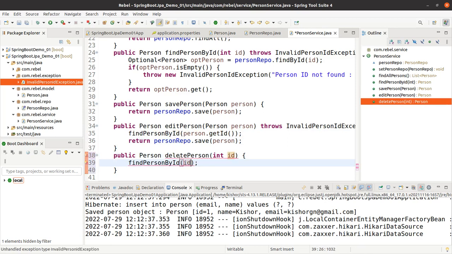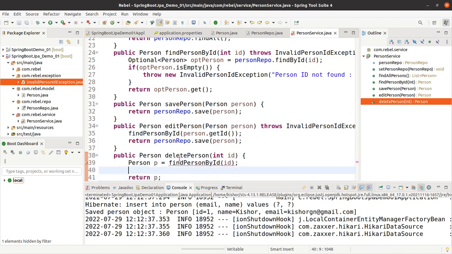Now it should be returned, right? We are thinking to return the deleted object. So whatever the findById method returns, take it into a local variable, Person p. Then return p. In the middle, you delete it. How do you delete? personRepo